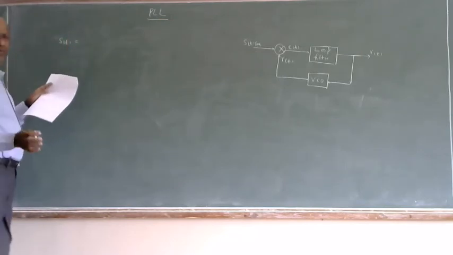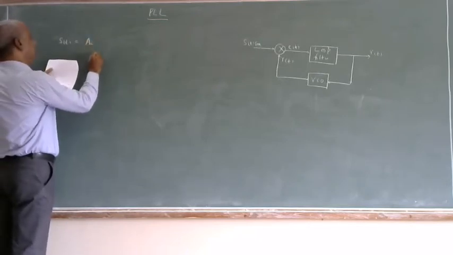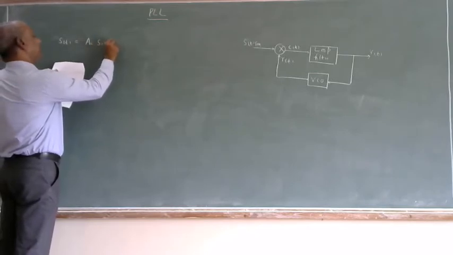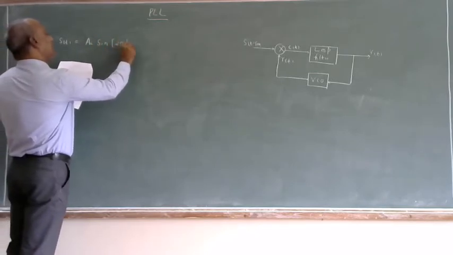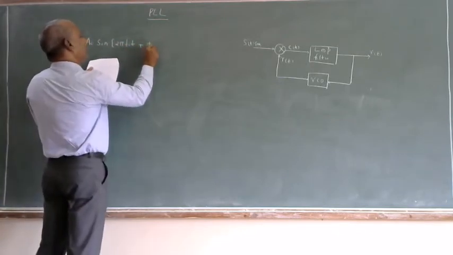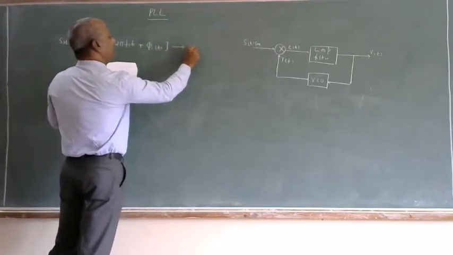You know the mathematical equation for S of t. I will write here: A_c sine of 2 pi f_c t plus phi 1 of t. This is equation number 1,